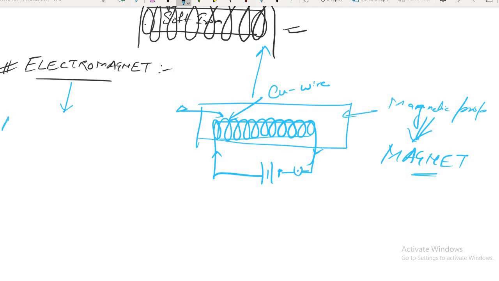A type of magnet in which electric current is used to produce a magnetic field.